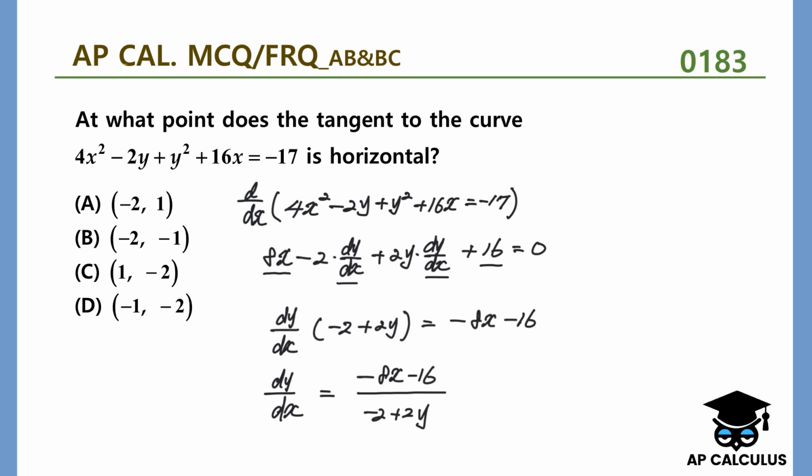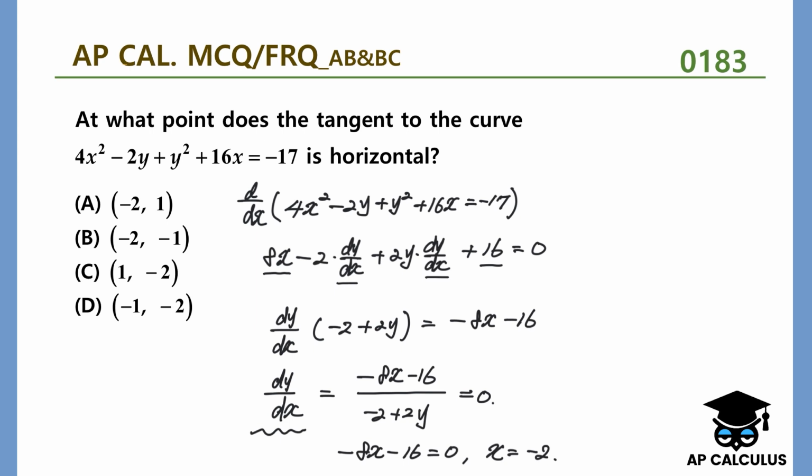This is the slope of the tangent to this curve. And if the tangent is horizontal, this has to be equal to 0. That means the numerator has to be equal to 0, not the denominator. So negative 8x minus 16 must be equal to 0. Then we know that x is equal to negative 2,